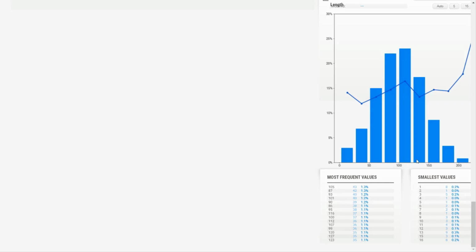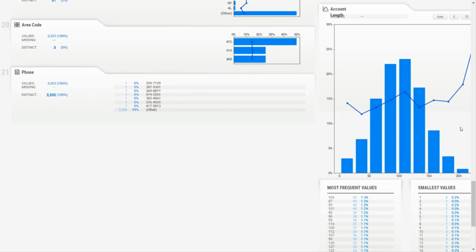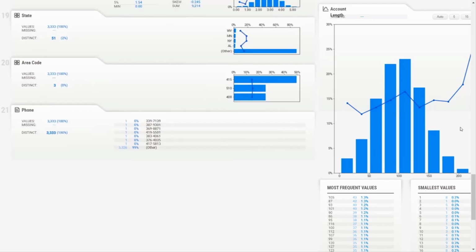So the work is in progress, and in the next version of SweetViz all these issues will be fixed. At this point it is an ignorable issue. I don't want to say bug, but an ignorable feature. It will be fixed very soon.